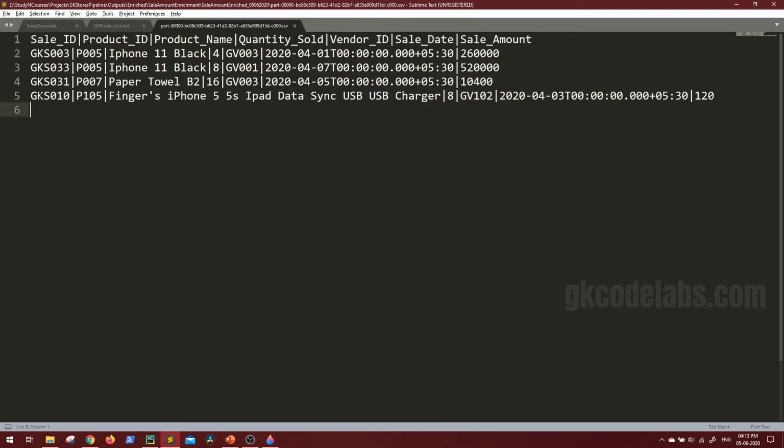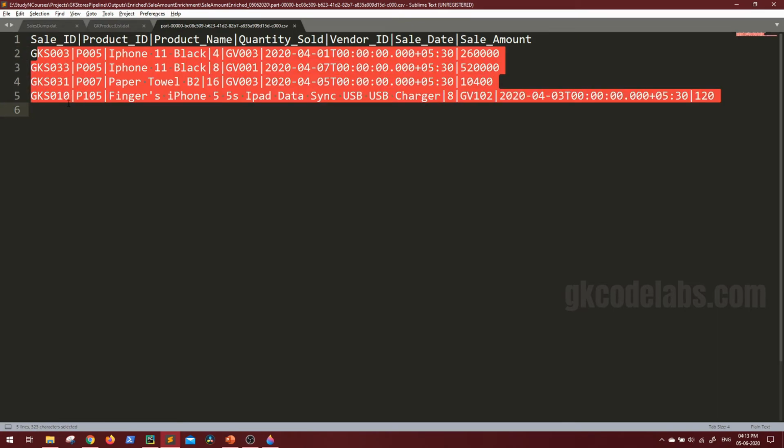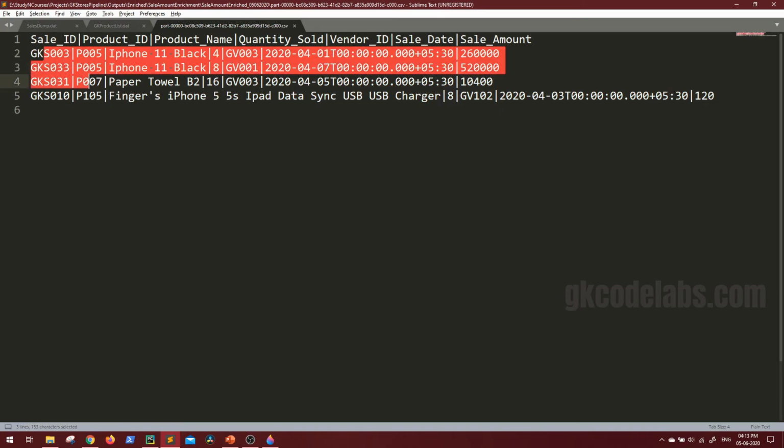If you recall, we had only these four values that were valid for the next day, so only for those values the amount is getting enriched. Product ID, the product name, the quantity, the vendor who has sold that, the sale ID, and finally the sales amount.